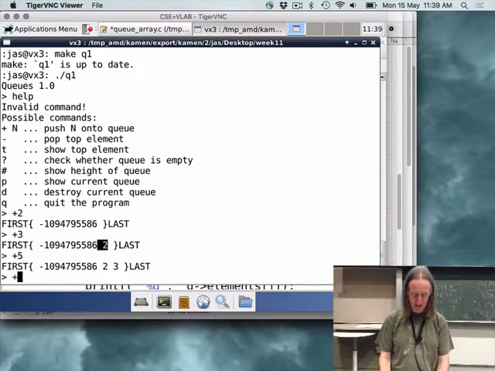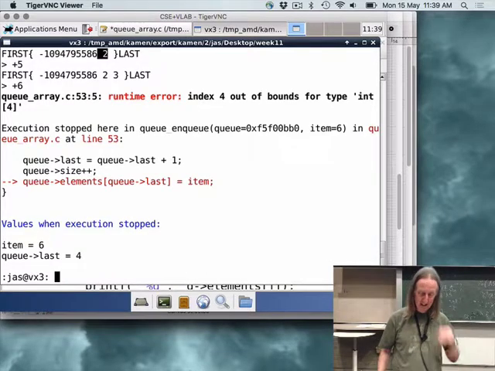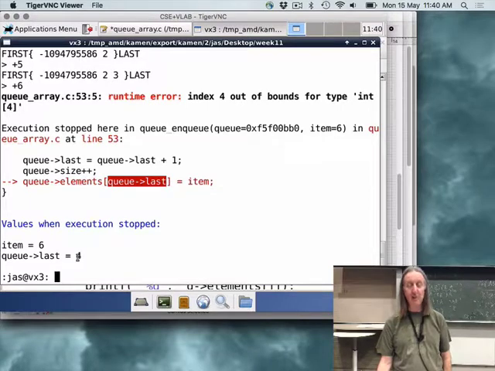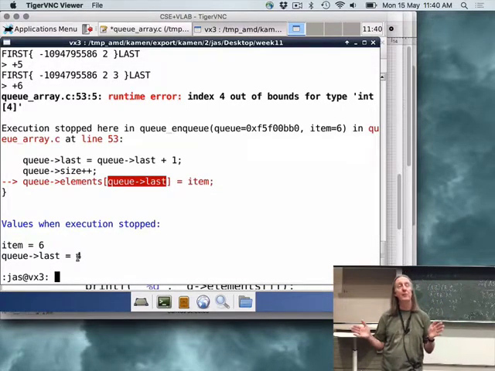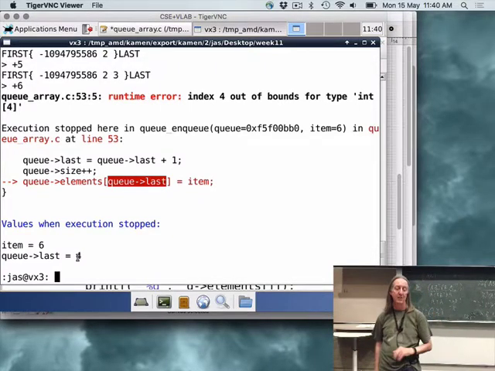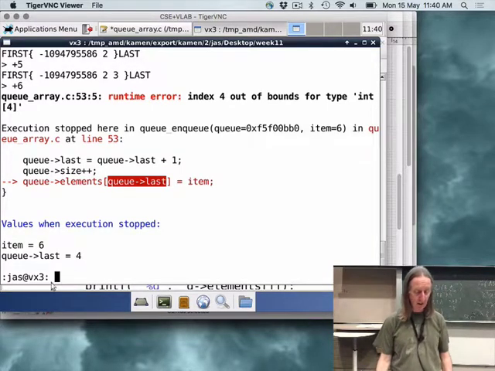Well, let's add something else. Oh dear. And I run out of space as well. So I fall out the end of the array. Because I compiled this with DCC, I get some nice error messages, and it actually tells me that queue last has the value 4, and I know that the array had 4 items in, so the valid indexes are 0 to 3. So I've just incremented, fallen off the end. So all that information here helps you to kind of work out what went wrong.